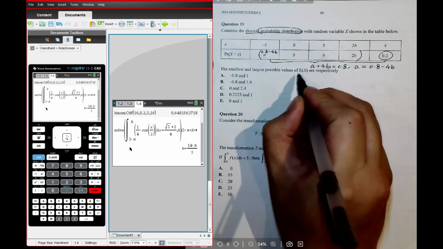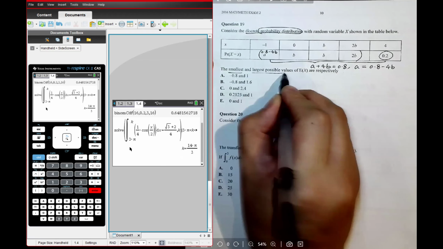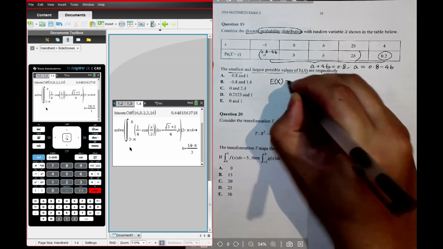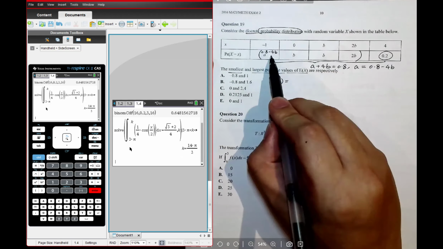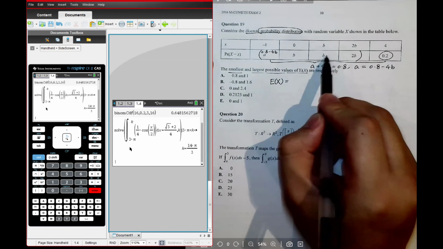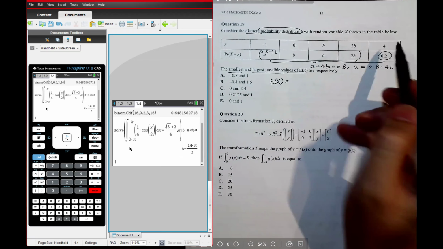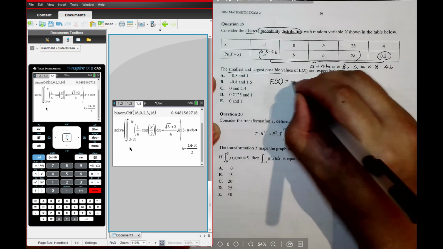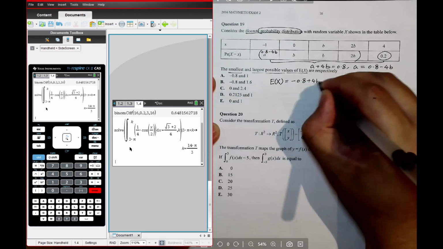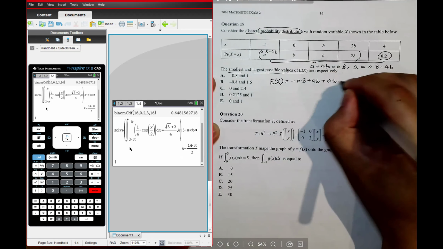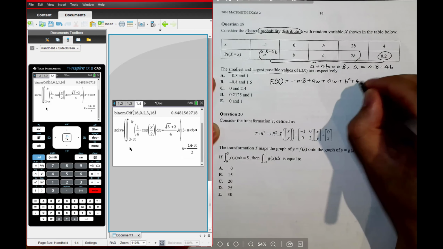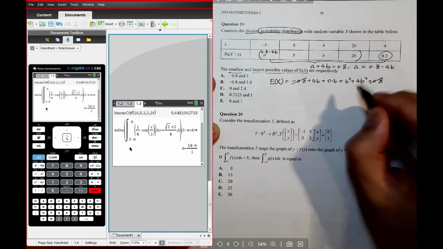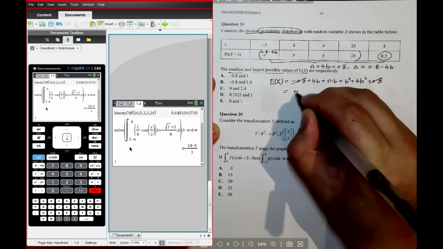The next thing is we would like to find the smallest and largest possible values of EX. So we need to get, let's say, EX equals minus 1 times that, 0 times that, B times B, 2B times 2B, and 4 times 0.2 is 0.8. So we have minus 0.8 plus 4B plus 0B plus B squared plus 2B, 2B, 4B squared plus 0.8. So you can cancel out these 2 terms. And then you get 5B squared